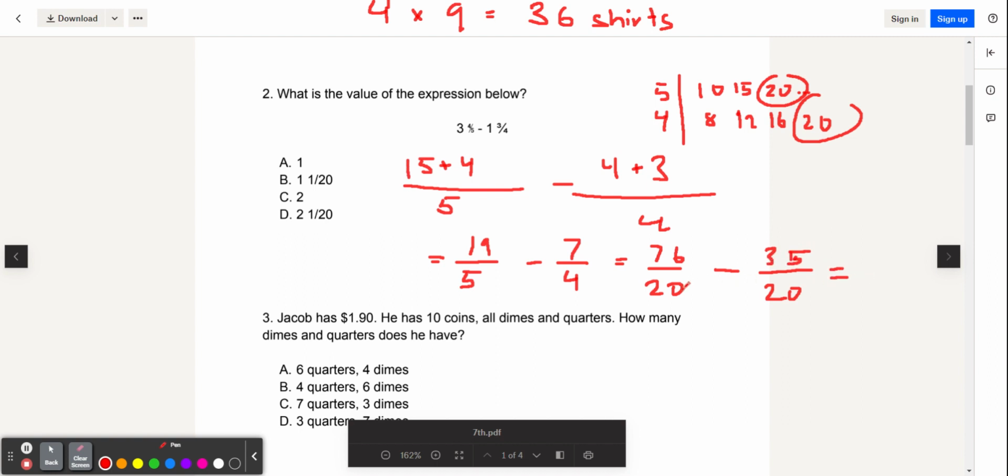Now we simply subtract the fractions because they have the same denominator. 76 minus 35 is 41 over 20. Simplify the improper fraction to get 2 and 1/20, which is